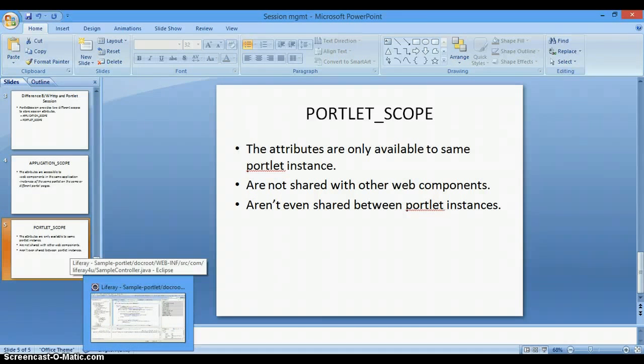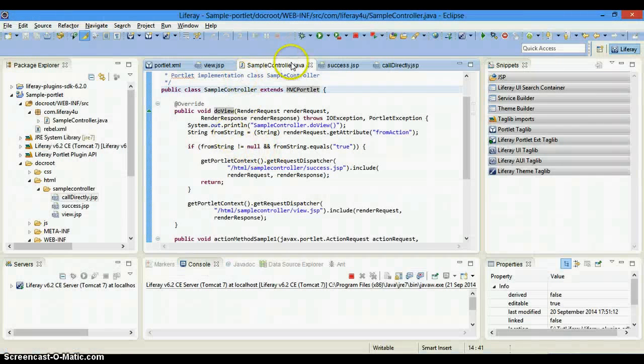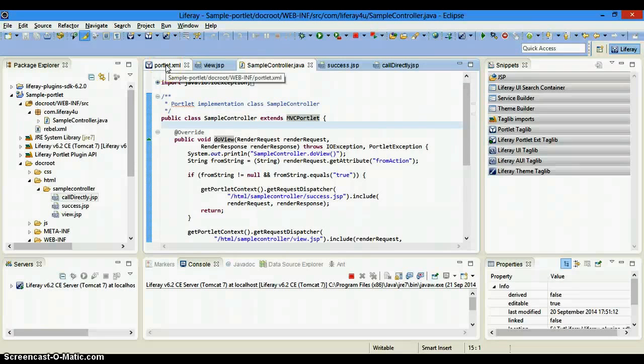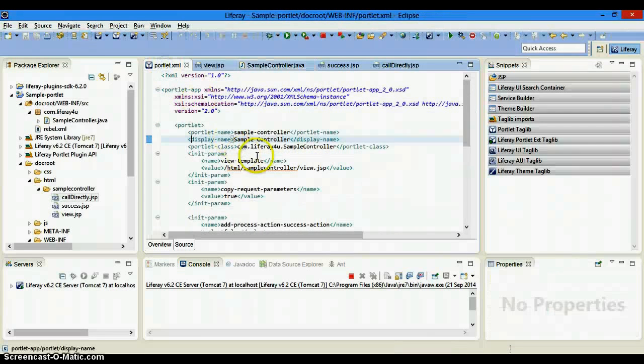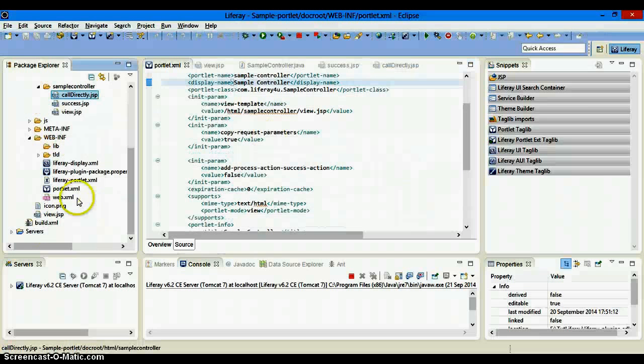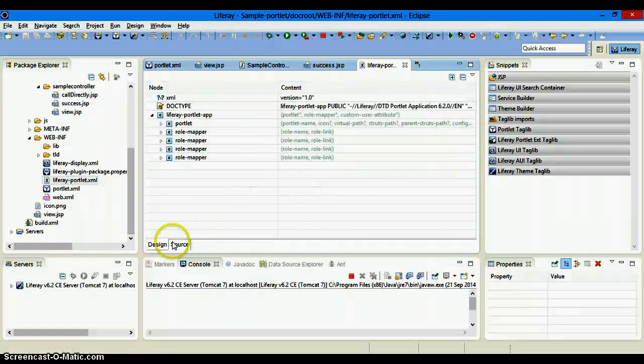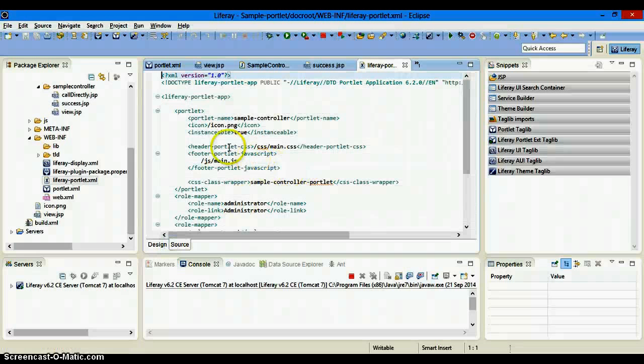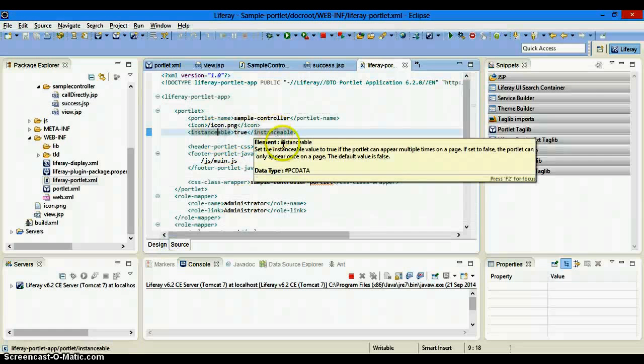We are going to look at using our same portlet which we have been using since the start of our tutorials. Let us see whether it is instantiable or not. For that we have to check our liferay-portlet.xml file, and check whether instantiable is true or not. So this is true.